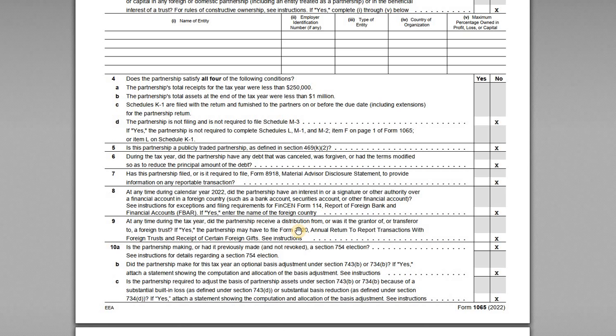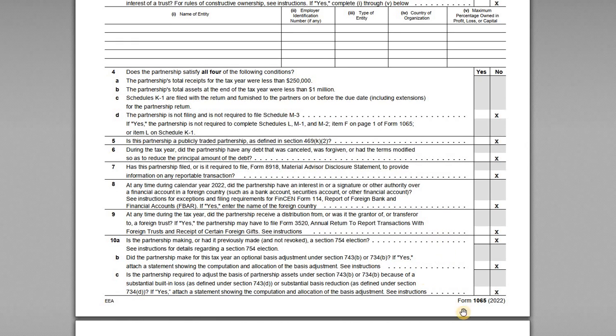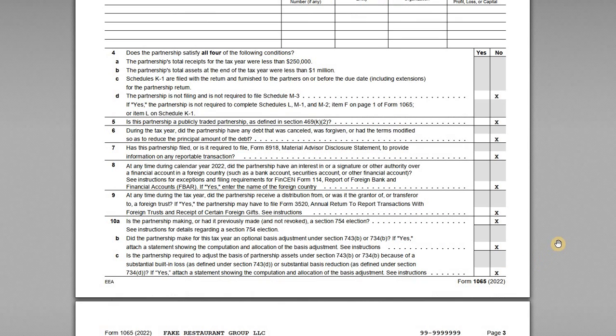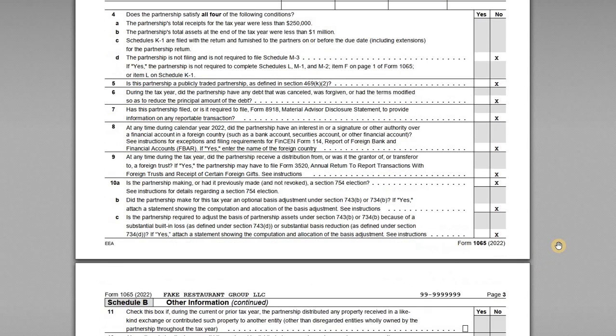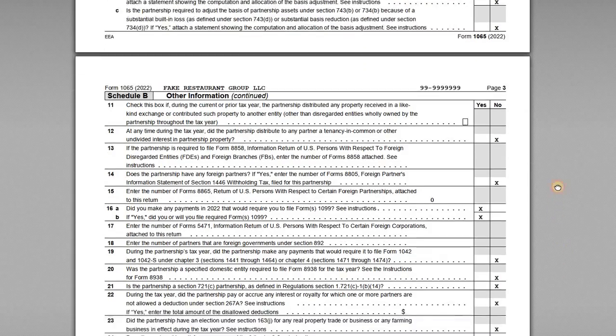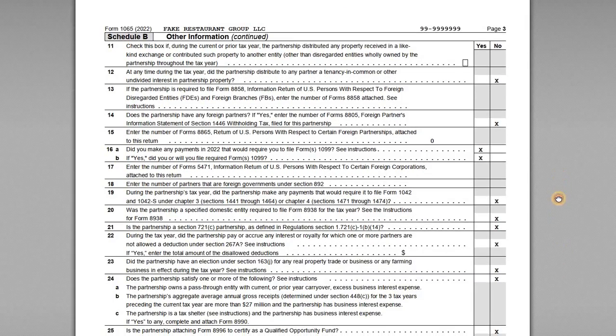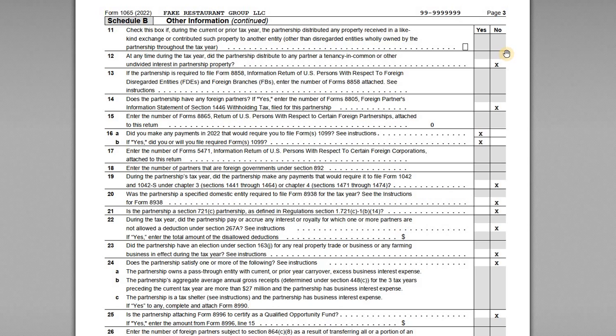Okay, interest in foreign trusts, no, and no 754 elections were made, right? So we don't have any adjustments because we had partners coming in and out, any kind of outside sales that required adjustments of the assets. Now, the rest of these items, all again, no, because we don't have any unique issues here. So no distributions,